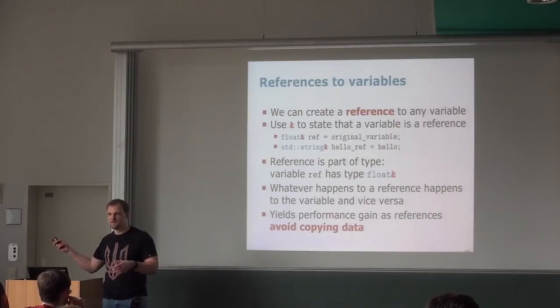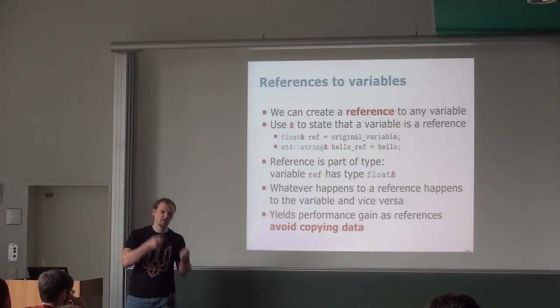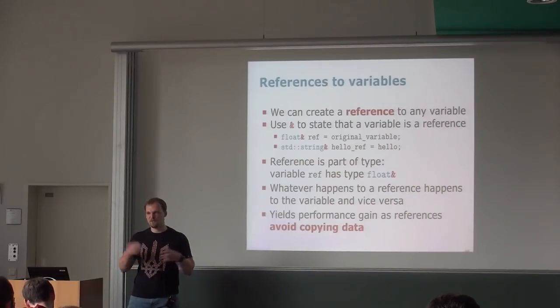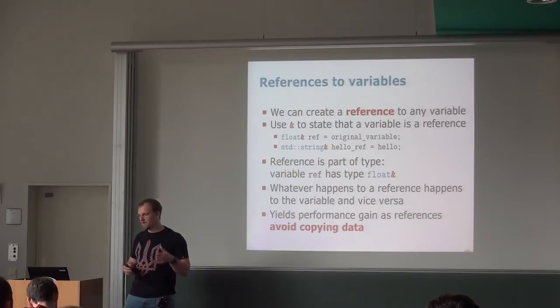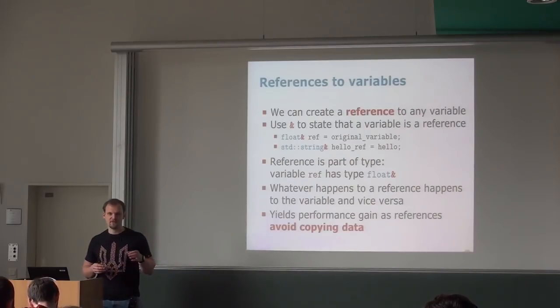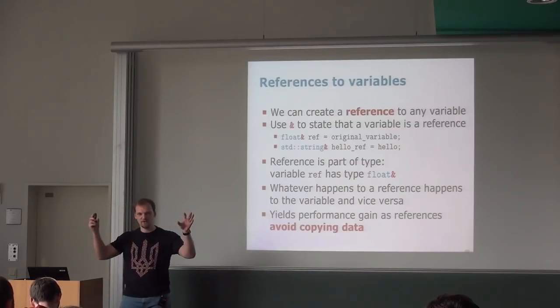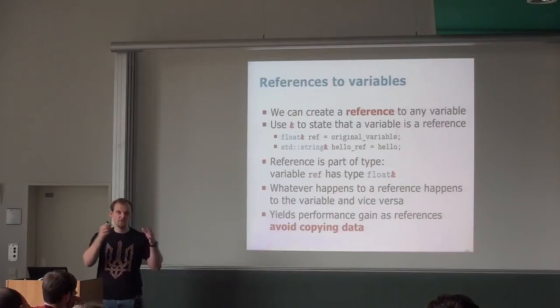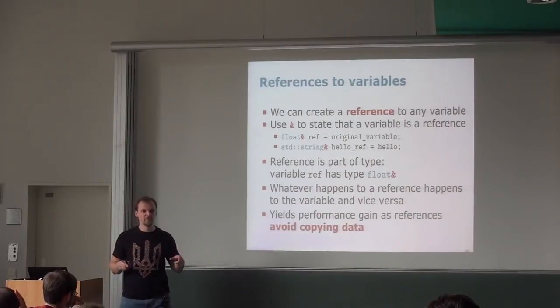Copying means that the processor will go into my memory and copy it bit by bit, and it takes a lot of time, especially for gigabytes of data. So if I use a reference, it is cheap. With a reference, the memory stays the same. It points to the same part of memory, and gives you a way to reference one variable from different parts of your code.